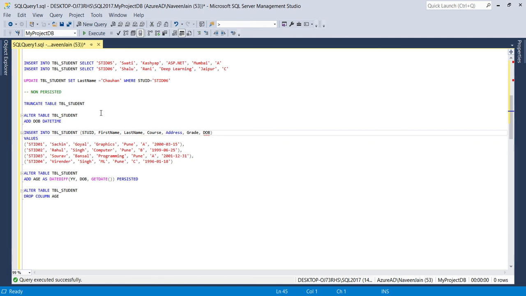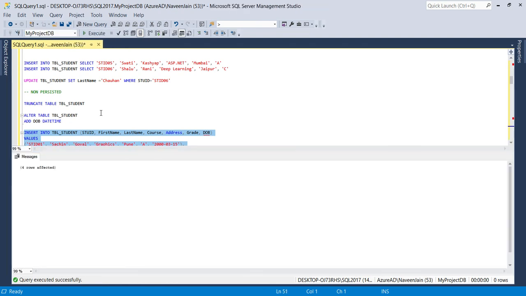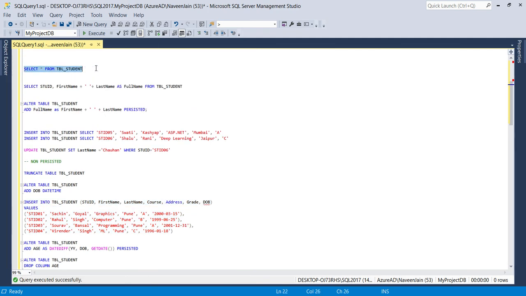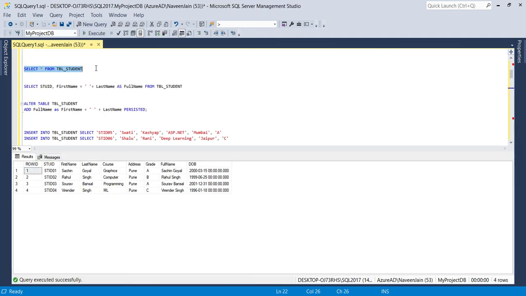Okay, now I am again inserting these 4 records with the value date of birth. Now let's select the statement. Okay, we can see that we have a full name computed column here, value has been updated, and we have a date of birth column added as well.